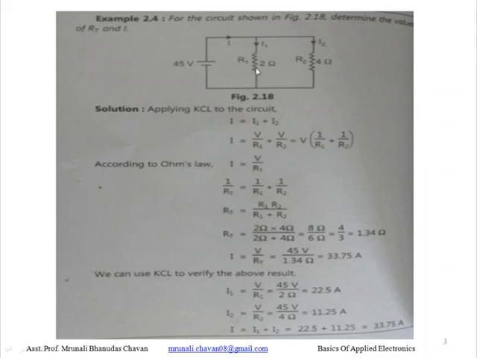And here I1 is nothing but the current flowing through this resistance, and voltage drop across it we can take as V. Why V? Because these two resistors are connected in parallel. If two resistors are connected in parallel, then the potential drop across parallel resistances remains constant and current through the series resistances remains constant. We must remember these two things while studying the network theorem.